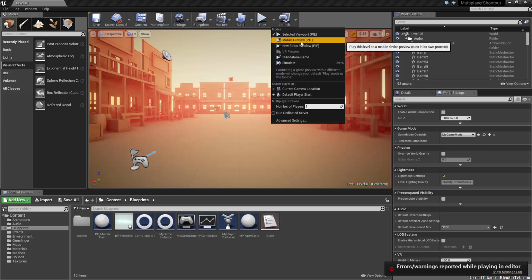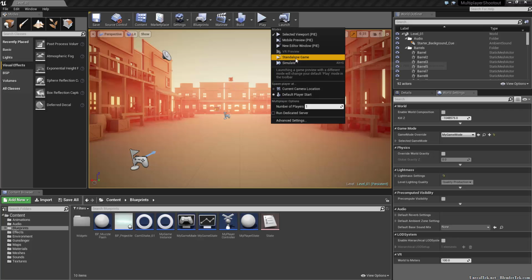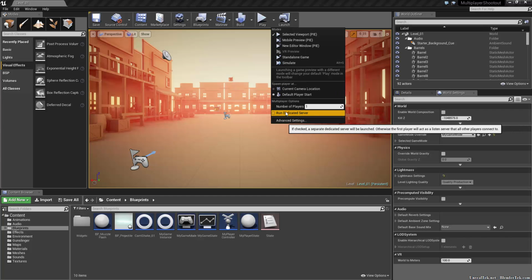You can preview a mobile, you can do it in a new window, you can run a standalone game as if you were running it from an exe, you can just simulate. But if we go down here, we have multiplayer options. So we can run as a dedicated server. If this is checked off, if it's not, we're running as a listen server, but we can set the number of players as well. Since this is a 2-player game, if we set number of players 2,